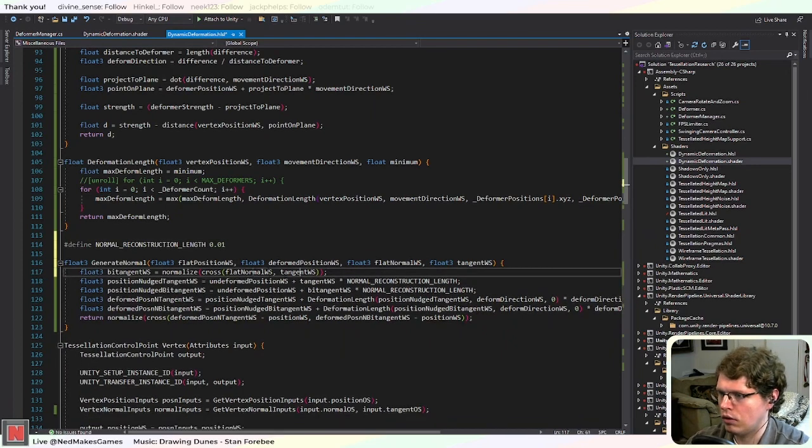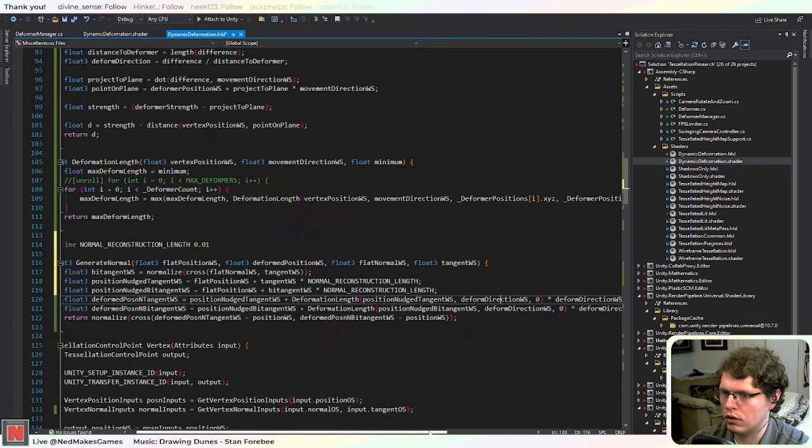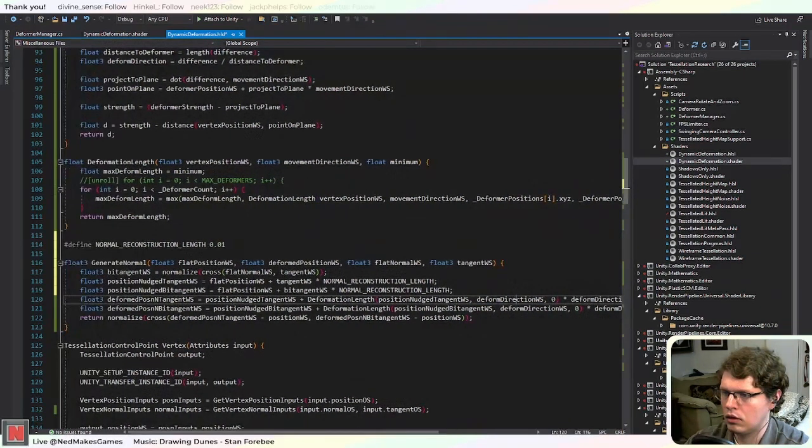Okay, so and deformed position. Oh, we need this deform direction. Well, I guess we kind of know it's just the negative normal. Oh. I feel like this is going to be a little hacky, but